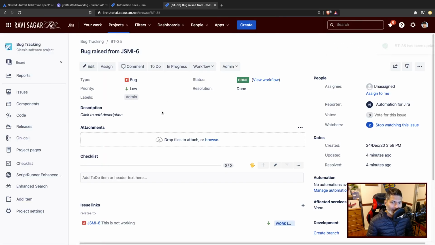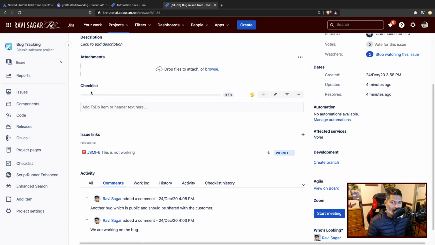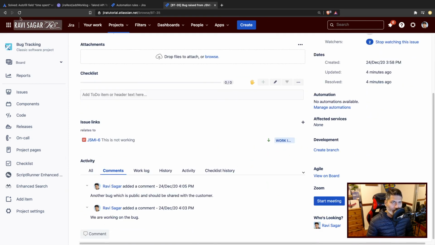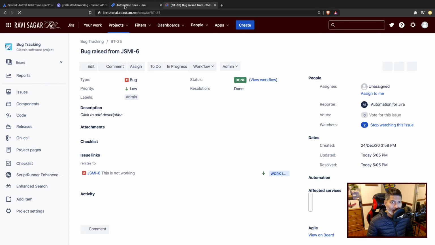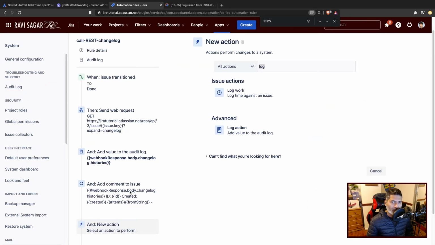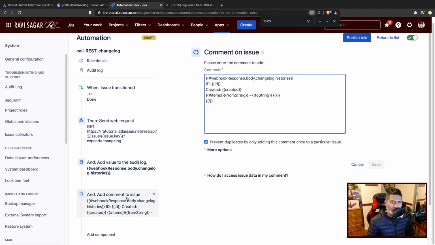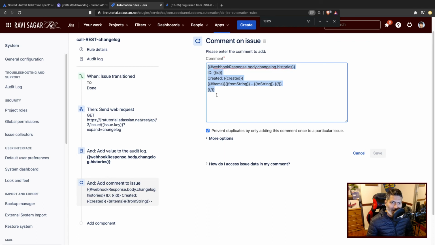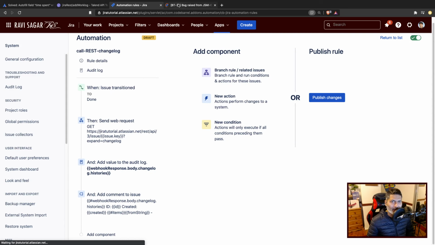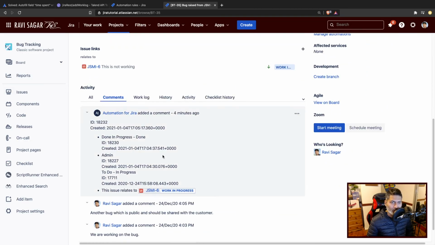Now, if you also take a look at this BT35 issue, what I was also trying to do was add a comment. I was trying to show you this part. I am trying to just add a comment on the issue so that you can see how it looks. So let us say we have a comment added on the issue. You can see here that on this particular issue, we do have this comment where you can see things that are actually coming from the